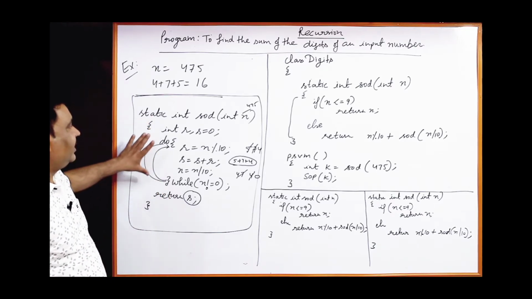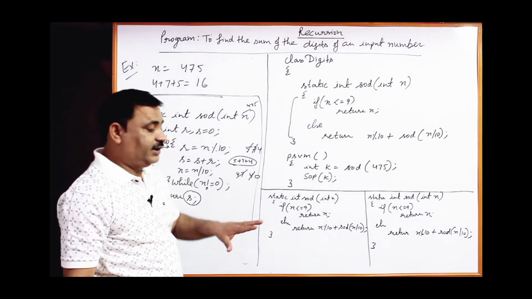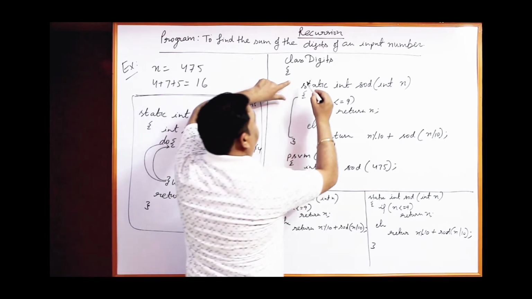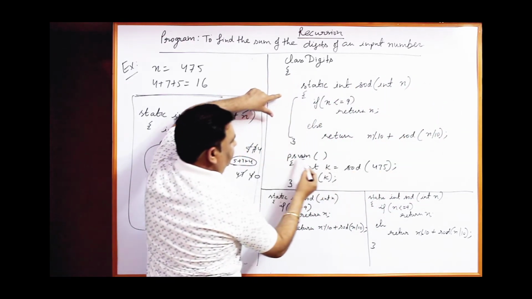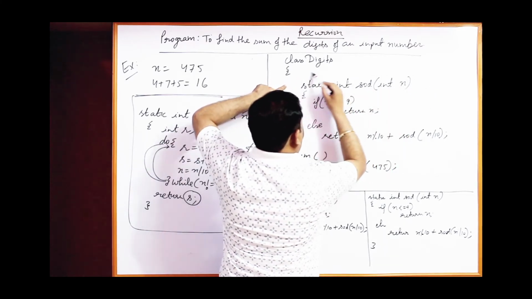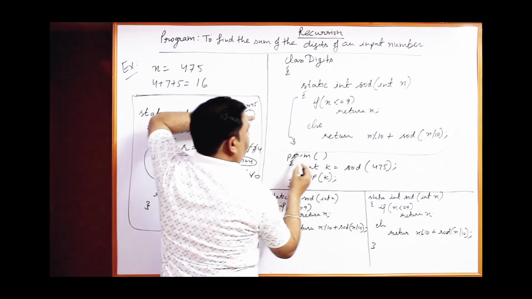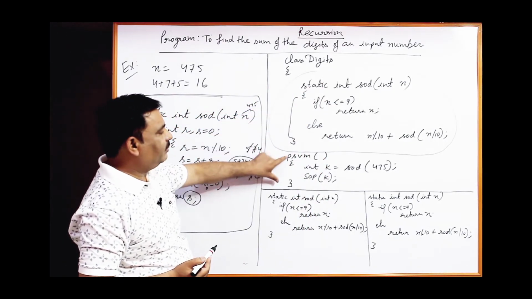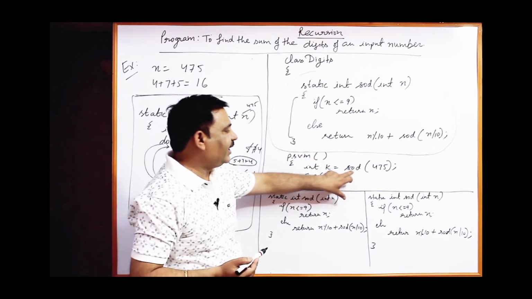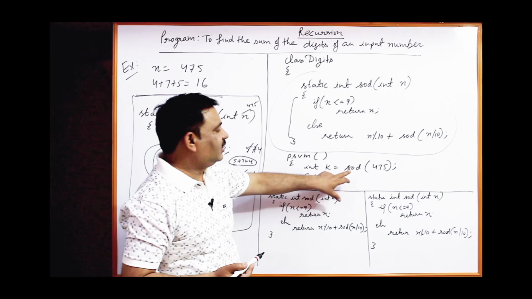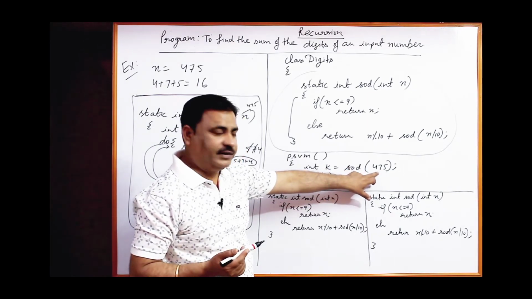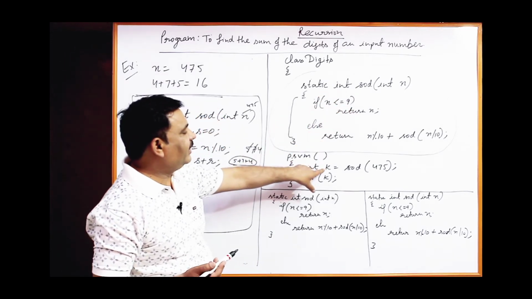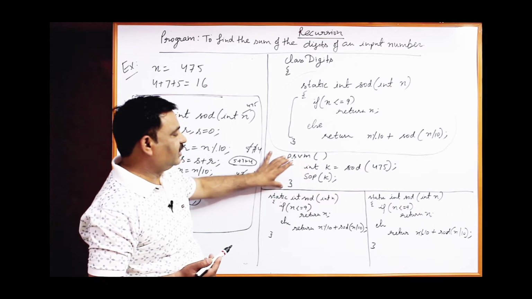So in this way you can get the sum of the digits in a non-recursive way, but now using the recursive technique. Come to this side, this is the function from here to here, which will calculate the sum of the digits. This is the main function, public static void main, in which we can call the SOD function. I have kept the name SOD, sum of the digits, by passing any number. After calculating the sum of the digits, it will return to the variable k, which will be printed here. This is the main function.